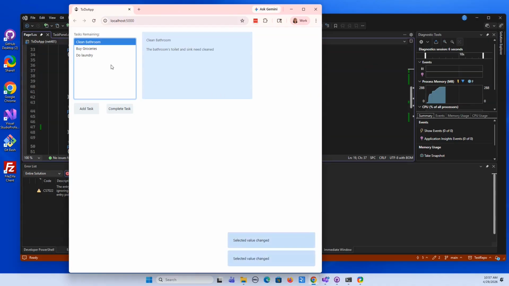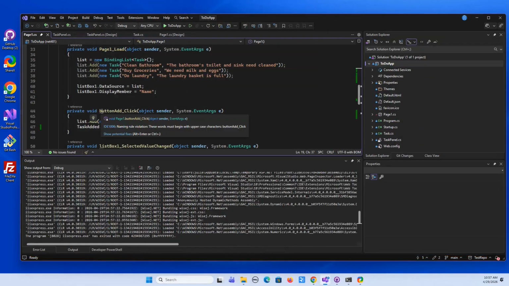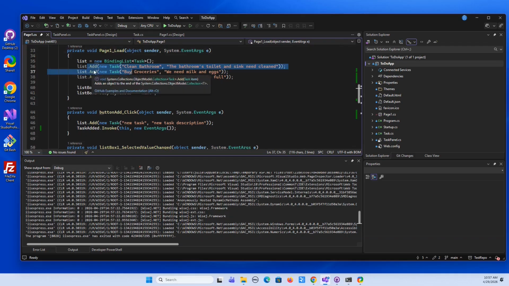So one issue I have is that when I start the app, task remaining is blank, right? It should say task remaining 3 because there's 3 tasks here. So what's going on is whenever I click on the button to add task, it adds a task to the list and invokes TaskAdded. But when the page loads, I added 3 tasks to the list and I never invoked TaskAdded. So I'm going to take this